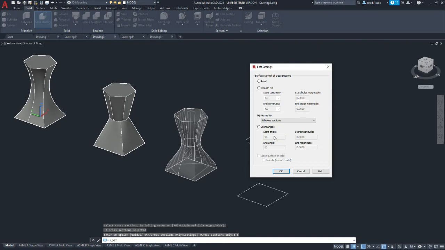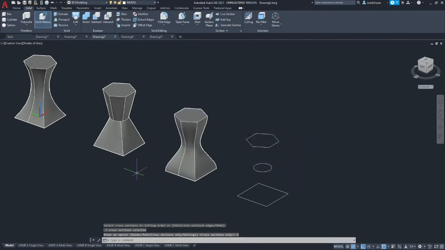So it forces the shape to maintain normal curves to it. So we'll hit OK. So we have a slightly different curvature between these two.